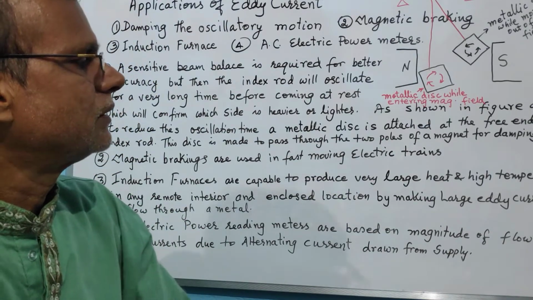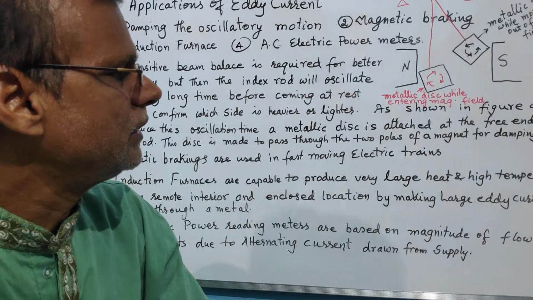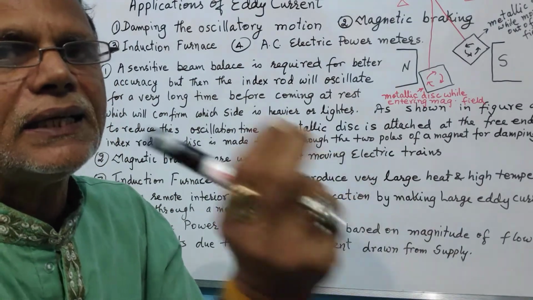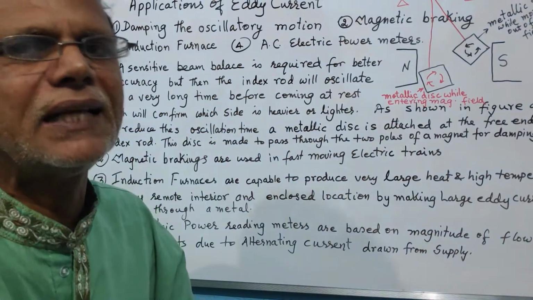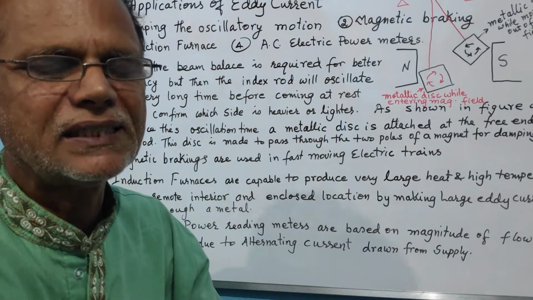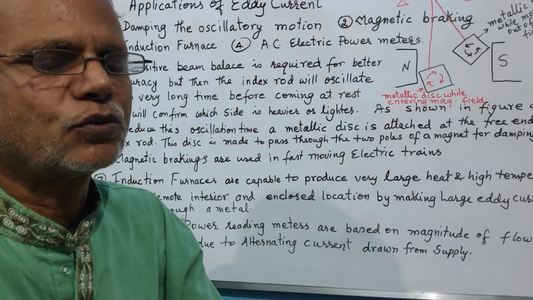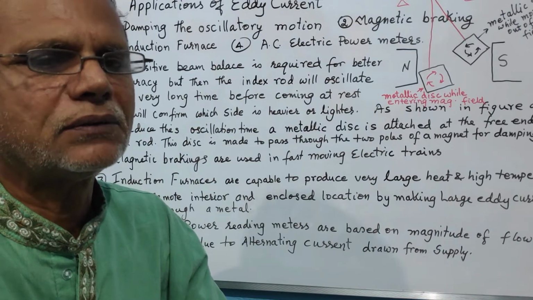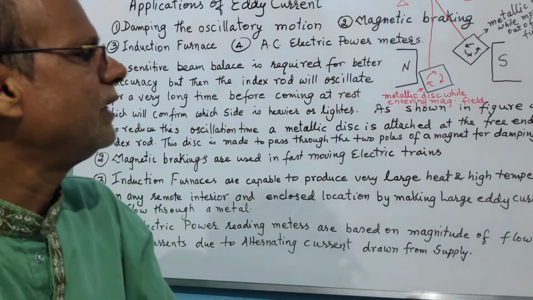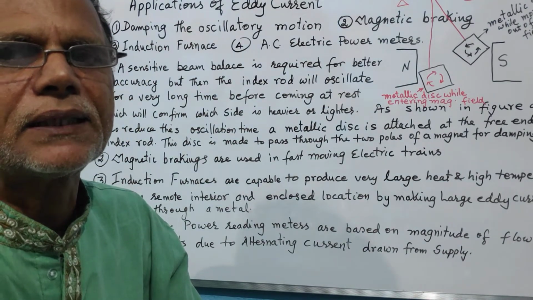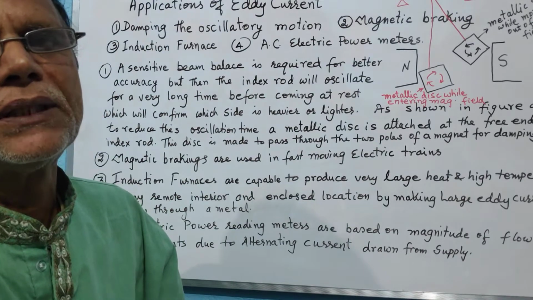So high temperature is needed, and that is possible only if the area is kept minimal. If you have a larger area, much energy will be required, but if we have a smaller area in which we have to generate high temperature, that is possible with less